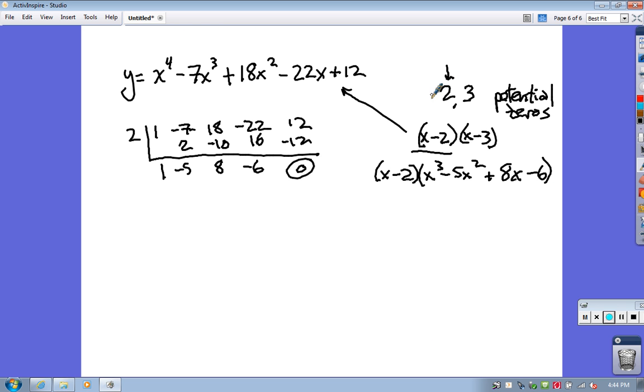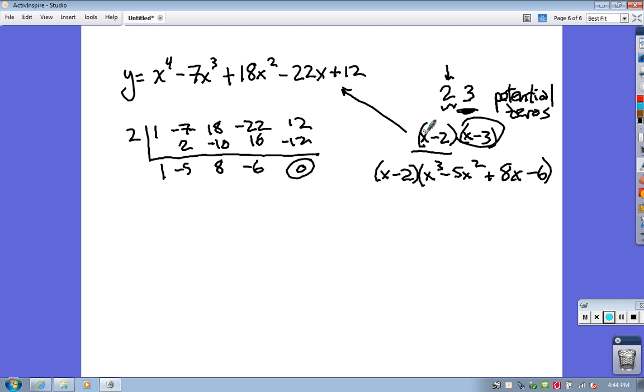So 2 is a 0. Check, that's one of my zeros. And I'm just trying to find all the zeros for this. I'm going to keep going. 3 is a potential 0. So I could go x minus 3 and divide it back into this original thing, but